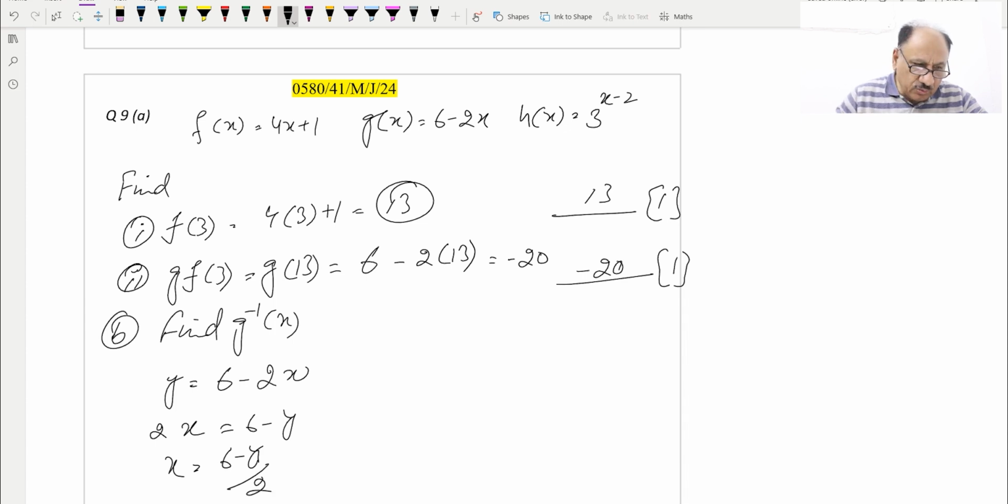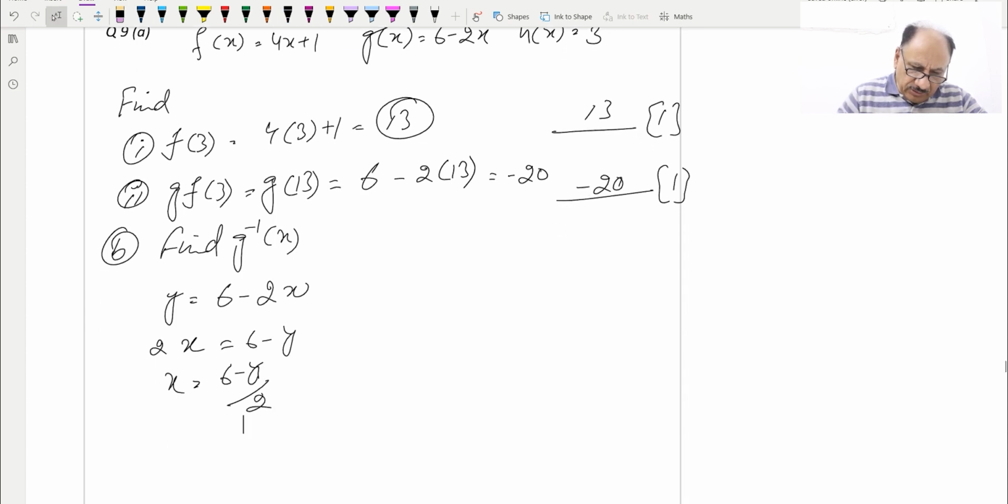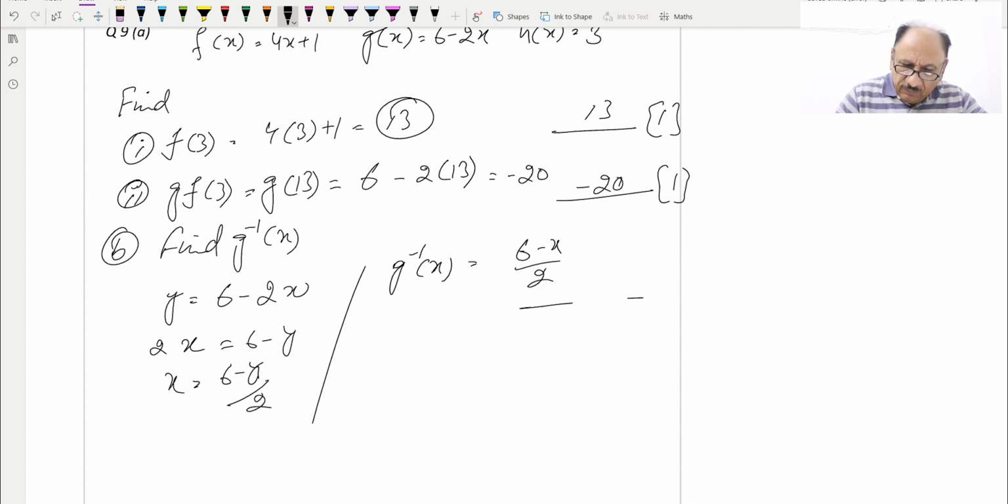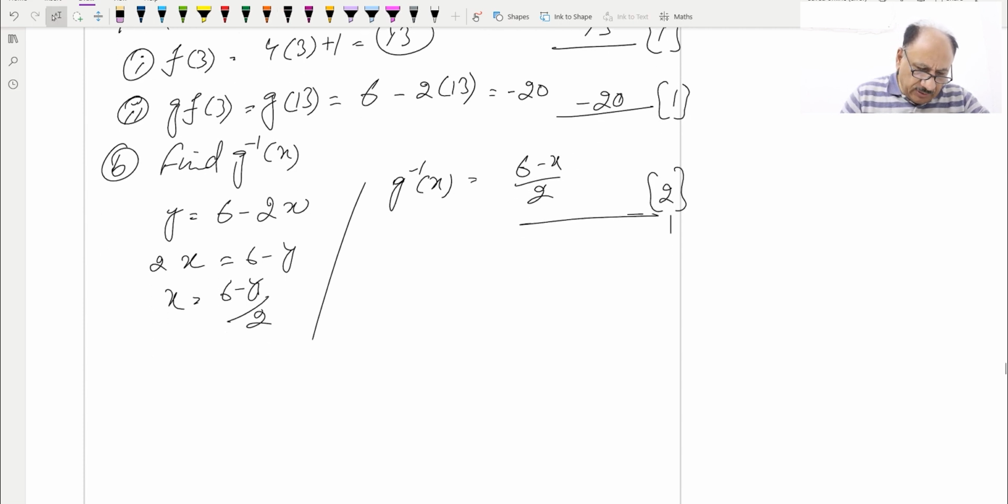And now we can swap x and y. So we can write g inverse of x, which is equal to (6 minus x) by 2, and this is our answer, which is for 2 marks. Hopefully you understood this. Now next, the c part, what we have to do,